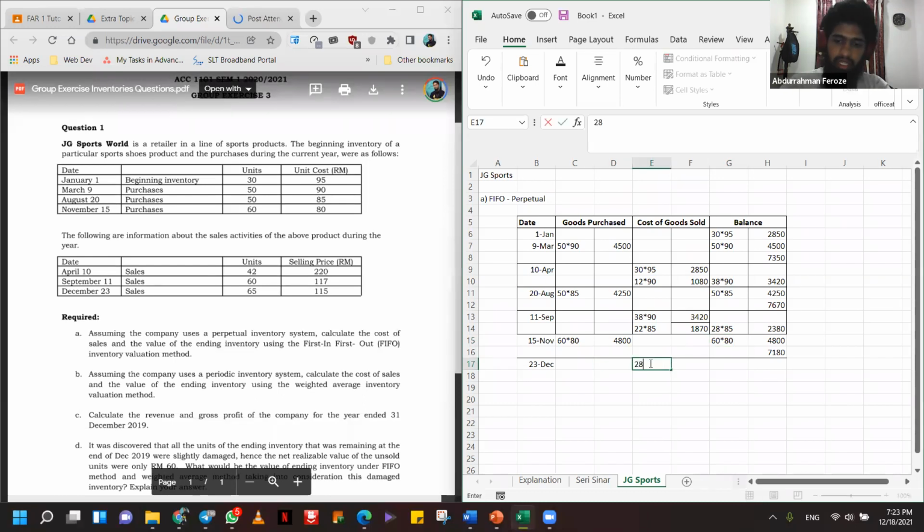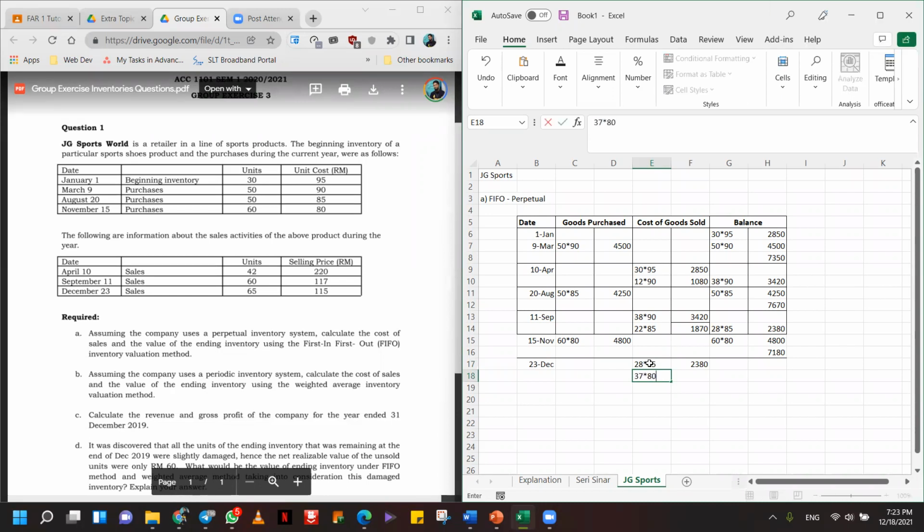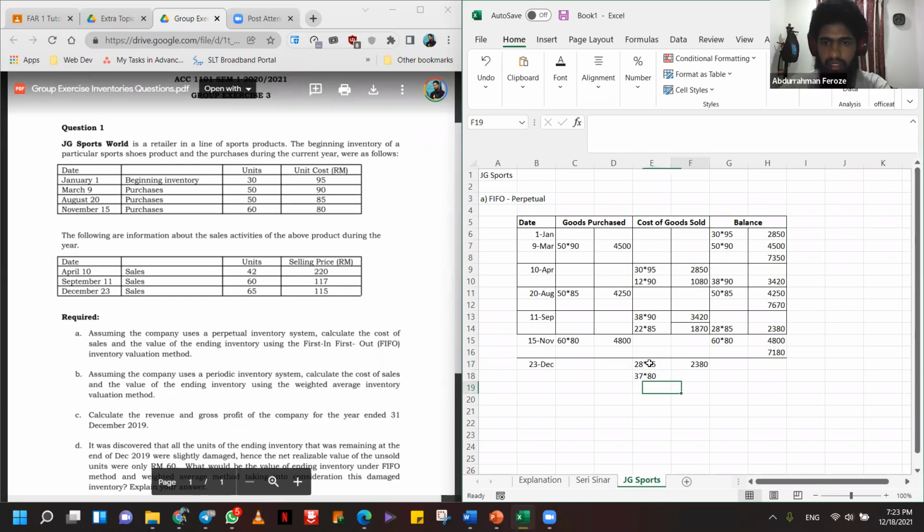So it would be 28 into 85, right? That is costed as 380. And then we have the remaining of the 65. So 65 minus 28 is 37. So 37 into 80. 37 into 80, it should be 2,960, right? And then what we have remaining is